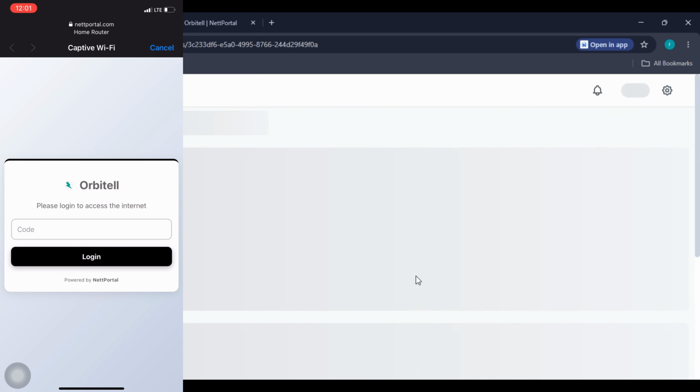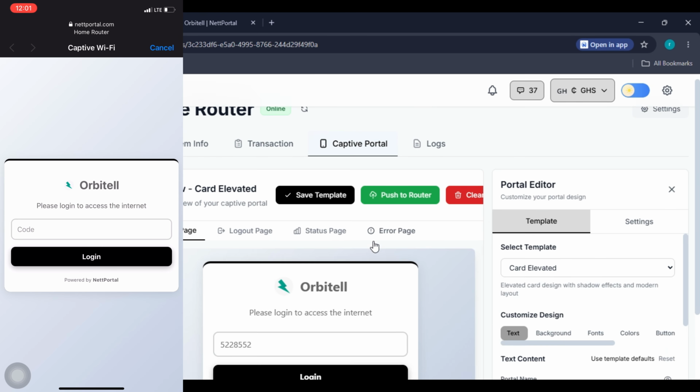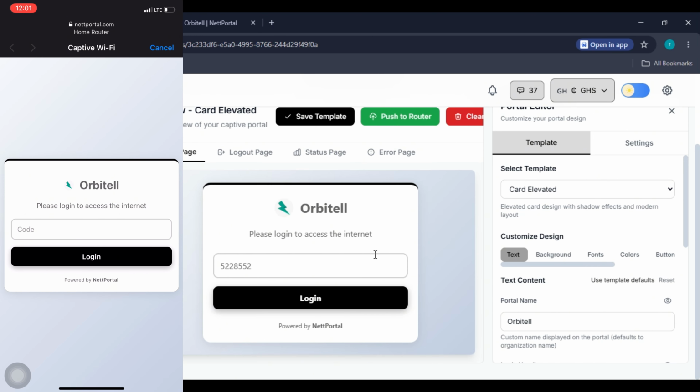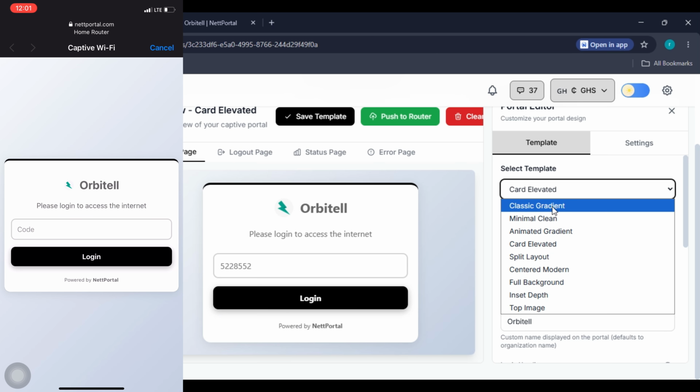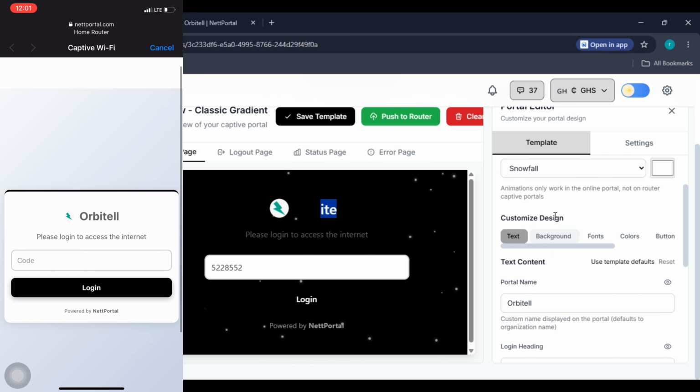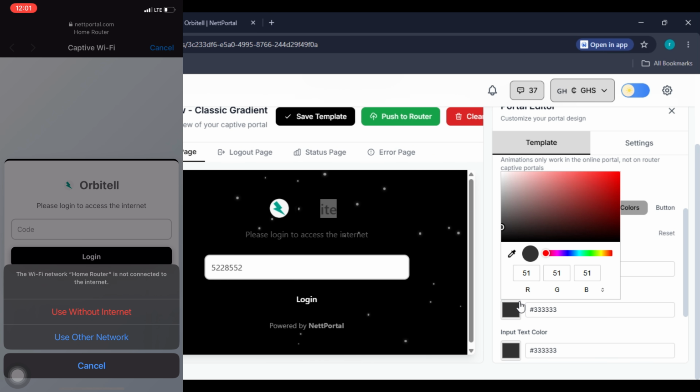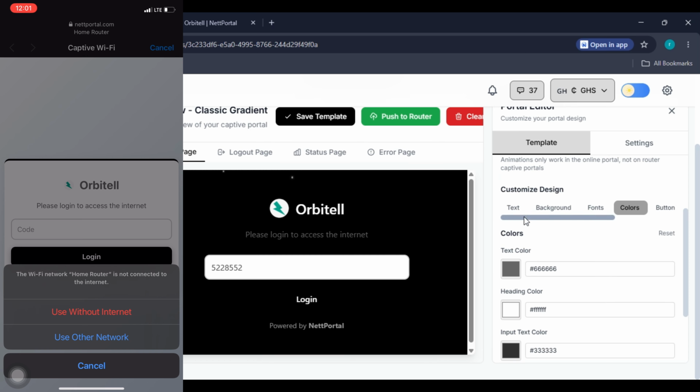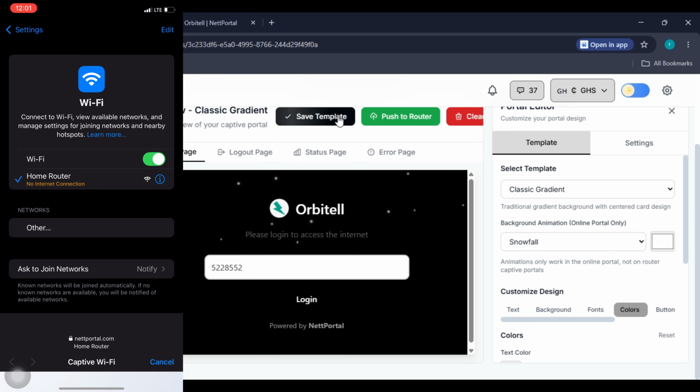So in case you don't like this design and you want another template, we even have animated ones like this, right? You can see we have an animated one. The name is not showing because of the colors. Let me show you. We have heading color. You can choose white like this. And you click on save templates. And when you refresh,